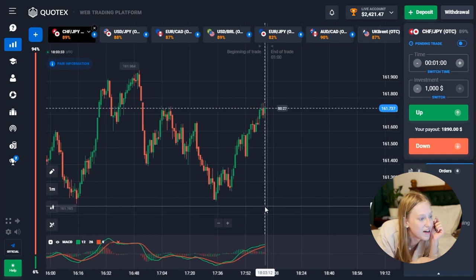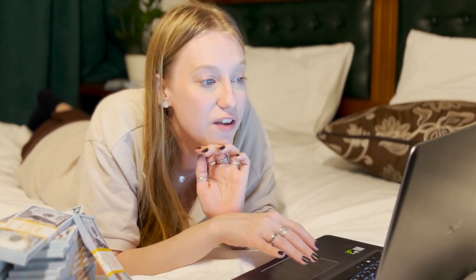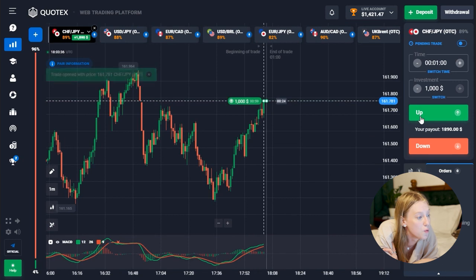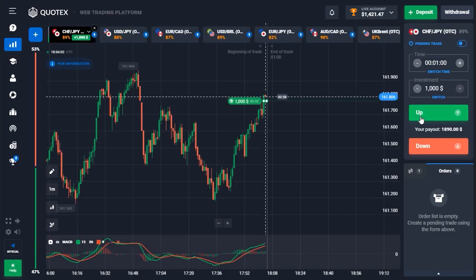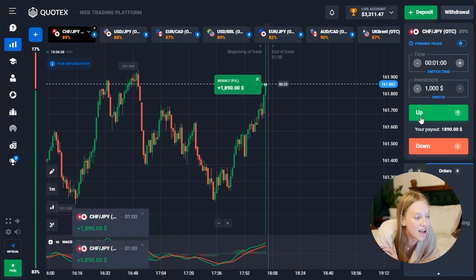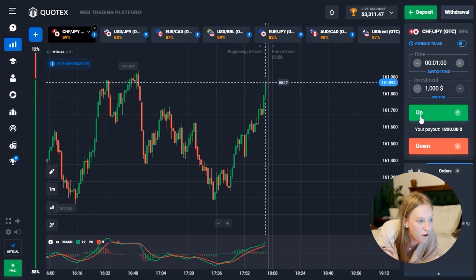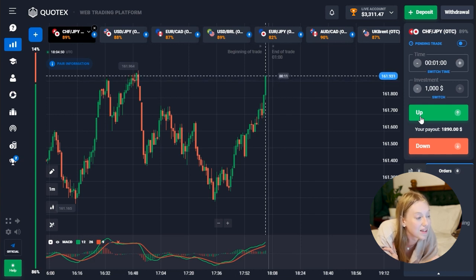Let's find the last deal for today. On the Swiss franc and Japanese yen currency pair, we can see that the price has moved away from the support level and is headed towards the resistance level. Also on the MACD indicator, we can see that the green moving average crosses the red moving average from bottom to top. And I opened the trade for 1 minute, so let's check it. That's very good. As you can see, the price has really gone up. I made a profit. Yes, my deposit is $3,311. That's enough. I'm done for today's trading session,